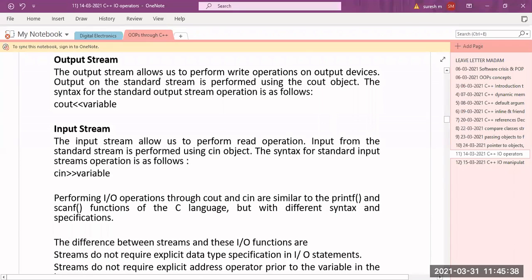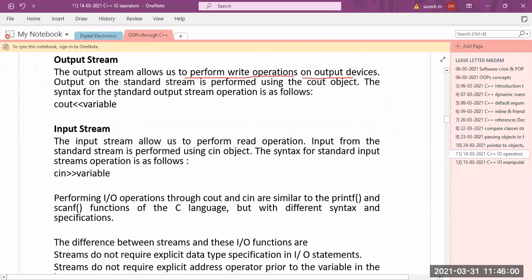So what is the output stream? It allows you to perform write operations on output devices. If I want to write the data onto the output device, if I want to insert the data, a write operation means I am inserting the data. That output device may be the default output device, it may be a file, or it may be another program.